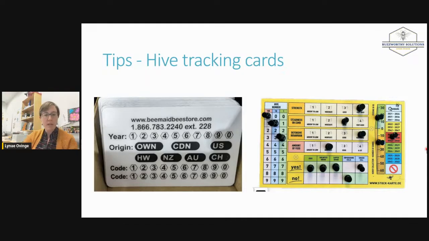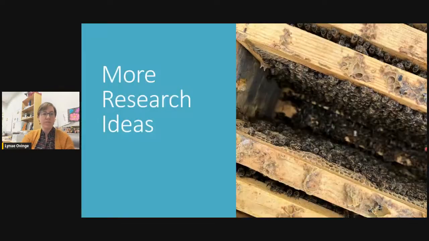Another tip is these hive tracking cards. I know about these because of Manitoba Beekeepers. I've seen Ian Stepler using them, and Phil, and it's a way you can track which of the queens you're buying cause higher winter losses. You can do all kinds of tracking using these hive cards. Those codes at the bottom, you might be able to use to say which hives have which treatments. And this one on the right has been blowing up my Instagram and my Facebook for many days, and it's from Germany, and it's another kind of hive tracking card that you can use.